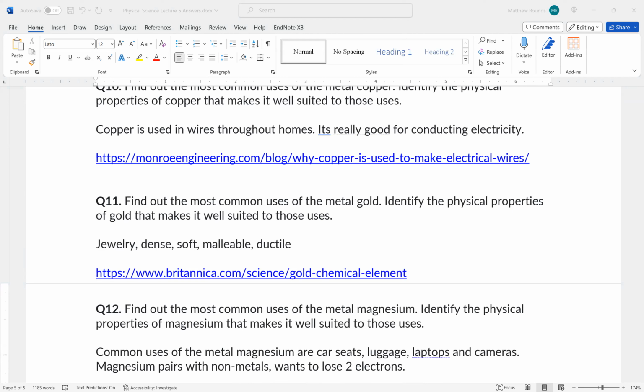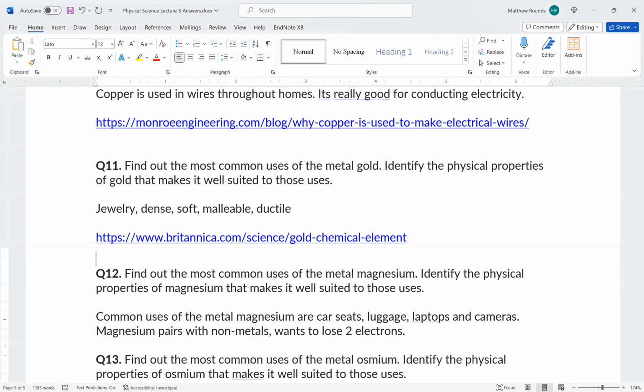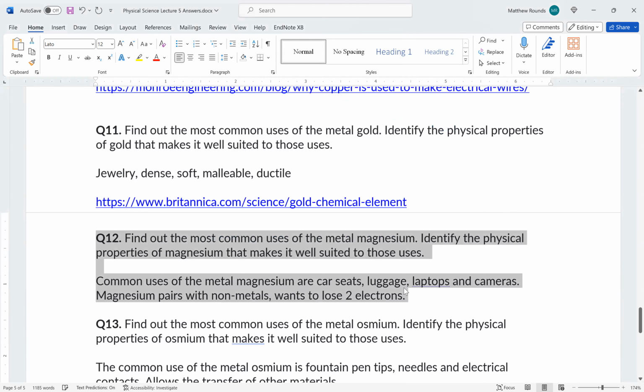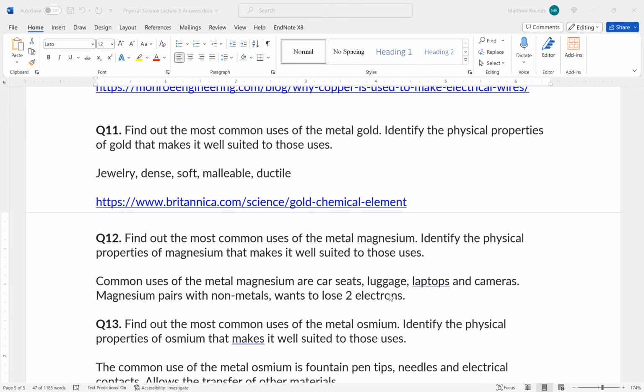But you've got a couple more here to do. I don't remember how far up to go. Yeah, all the way up to 13. So you're going to have to keep going here. The most common use is metal magnesium. So for future assignments, we'll just have to remember that it's really important that you grab the link and